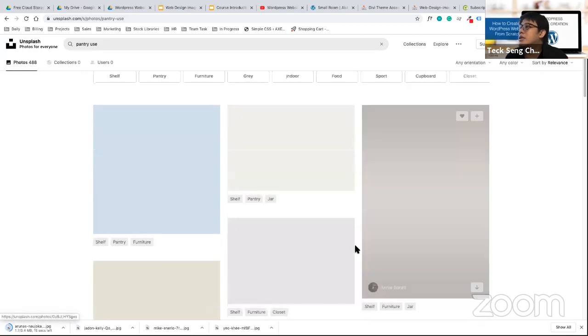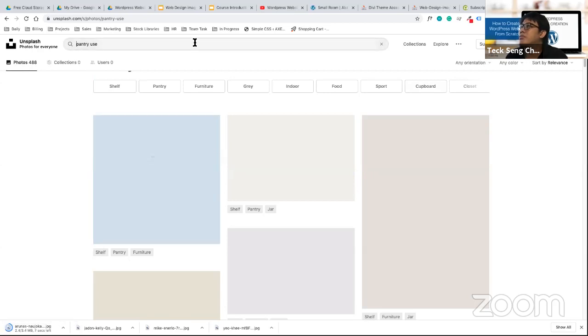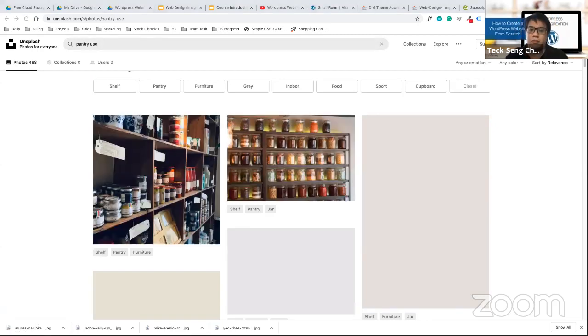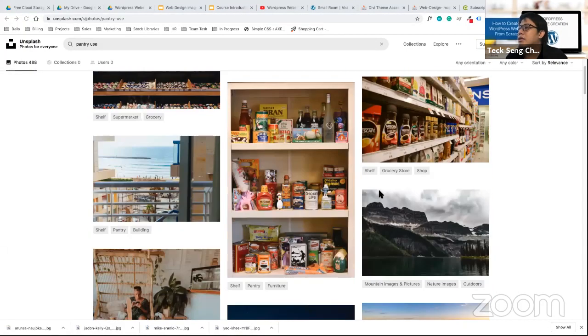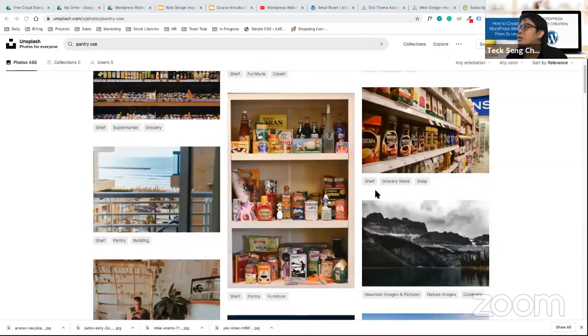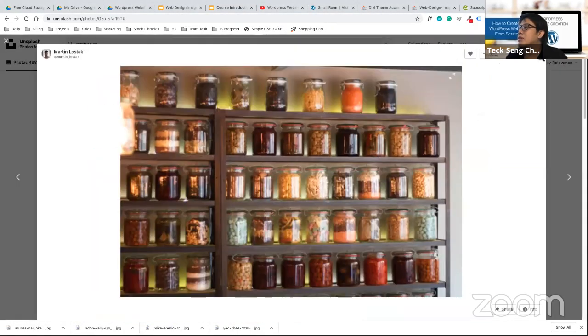So I'll download something that is in the center. I can say I want a pantry use, maybe this image. Download free.